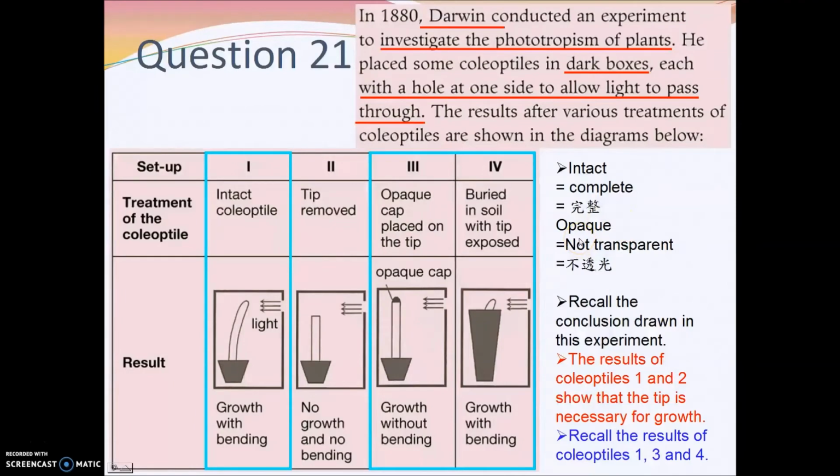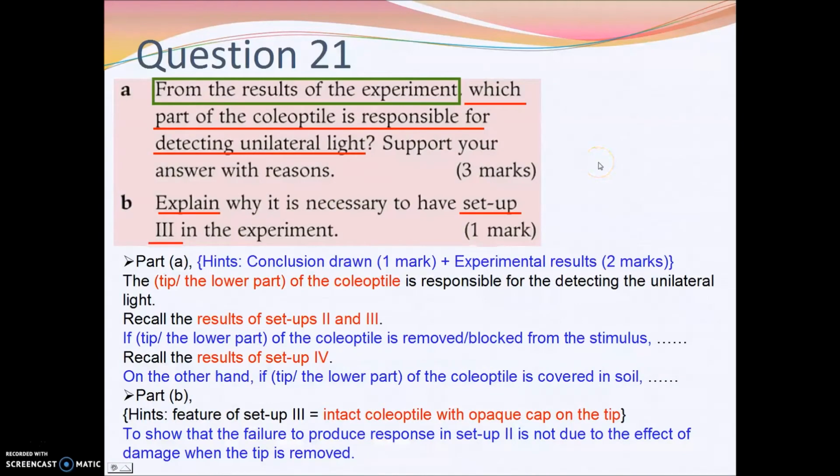Okay, that will be another conclusion being drawn. So for setup 3 and setup 4, either the tip or the body, the lower part of the coleoptile, will be covered. And for the questions, question A: from the result of the experiment,